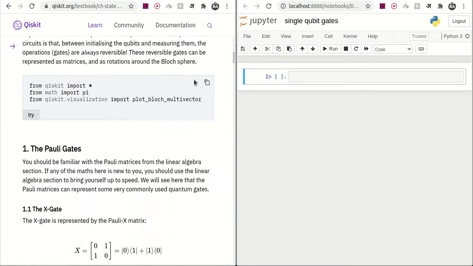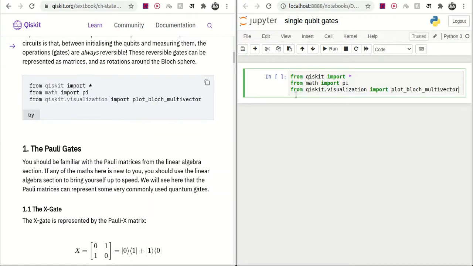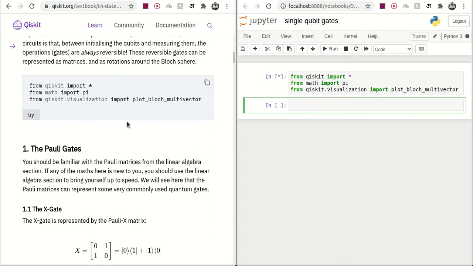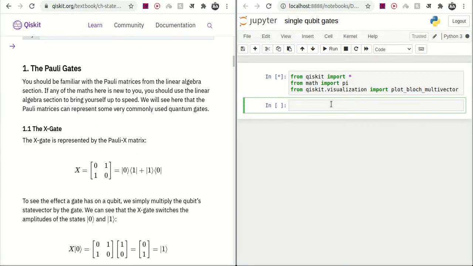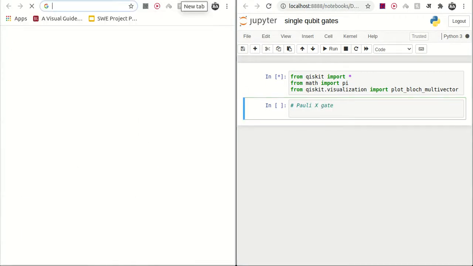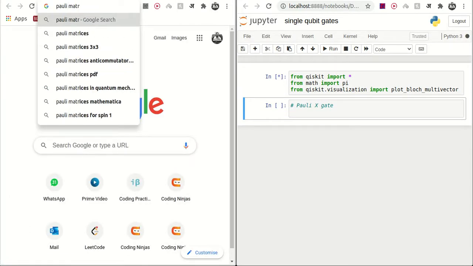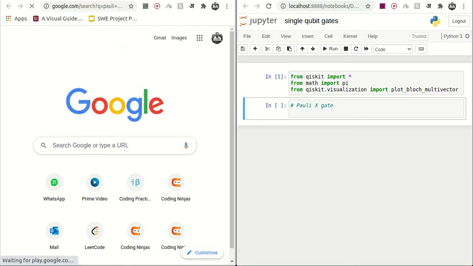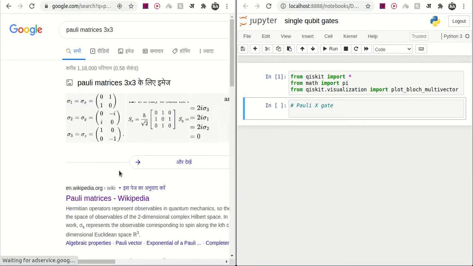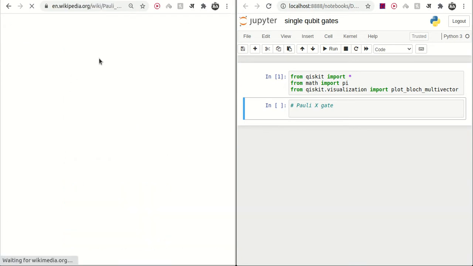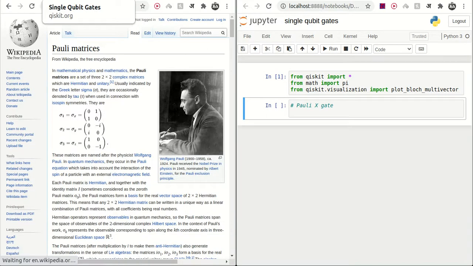So, just visualizing this, and now we study first the Pauli X gate. You can find a lot of resources on Pauli matrices, how they are derived, how they come into existence, and what their physical importance is. But here we will consider a direct approach because, as time permits, we can't cover the whole syllabus.